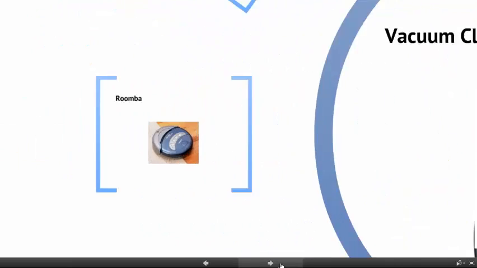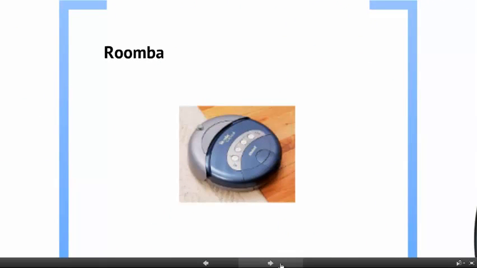Now, let's move here. A Roomba. Some of you may be familiar with these little devices that go around the ground and will vacuum your house, and some of them actually clean floors and so on. So is this Roomba a robot? Well, let's look at it. Is it a mechanical device? Yes. Like our vacuum cleaner, it is a mechanical device. Is it programmable? Yes. You can have it set to a number of different settings, depending on the size of the house, the size of the rooms, how dirty the floors are, and so on.